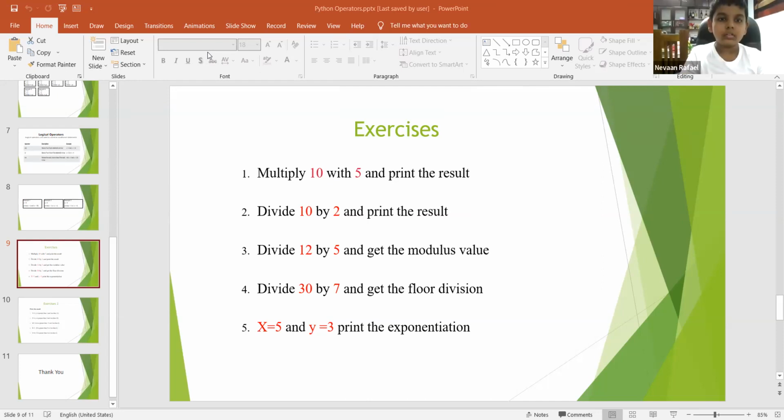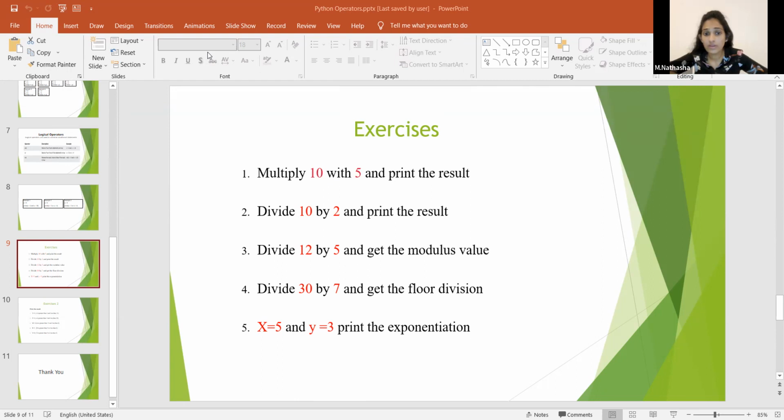I told 5.2. 12 by 5. Teacher, 2.5 is correct, right? 2.5 is the correct number, but that's not what is right here. 2.5 is correct in mathematics. In this program, 2.5 is not correct. Mathematically correct, but here we are asking the modulus value now.